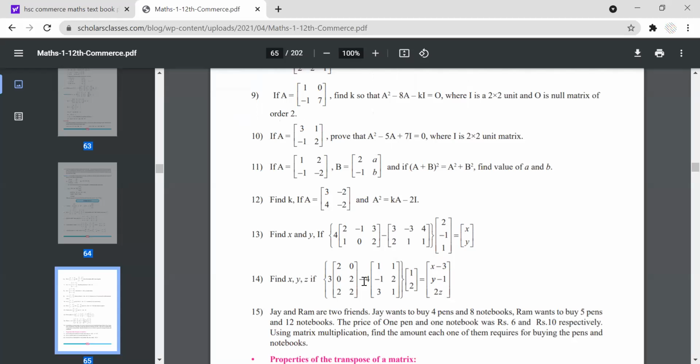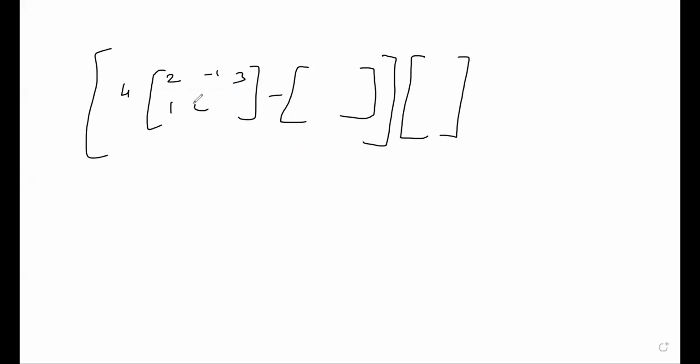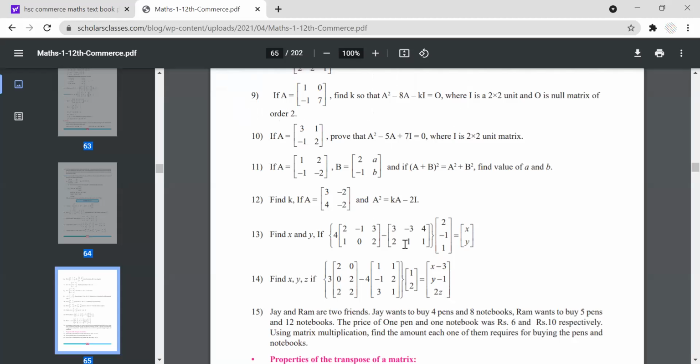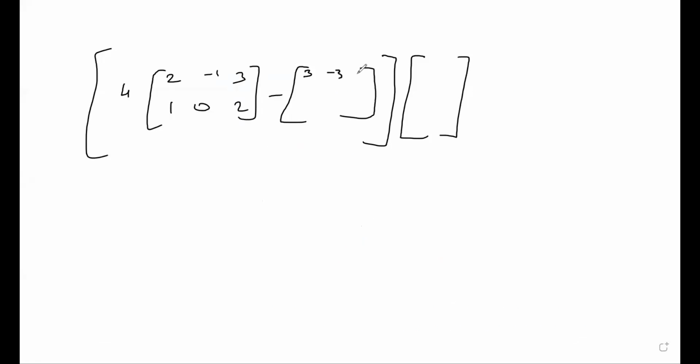2 minus 1, 3, 1, 0, 2. And this is 3 minus 3, 4, 2, 1, 1. Multiplied by 2 minus 1, 1 is equals to xy. तो आप मल्टीप्लाई करोगे तो आपको मिलेगा 8 minus 4, 12,